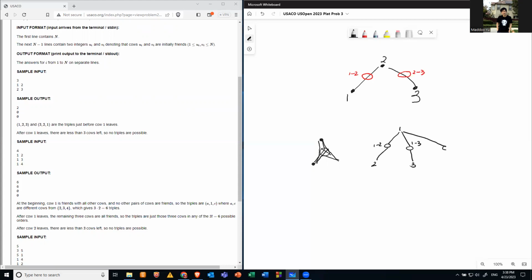And 1 has a relationship 1 to 4, which goes to 4. So I add a node to describe each relationship. The reason I want to do that is that when 1 goes on vacation and I take it away,